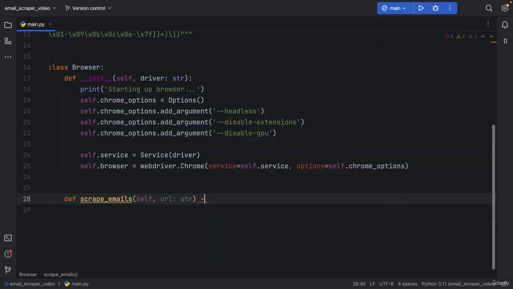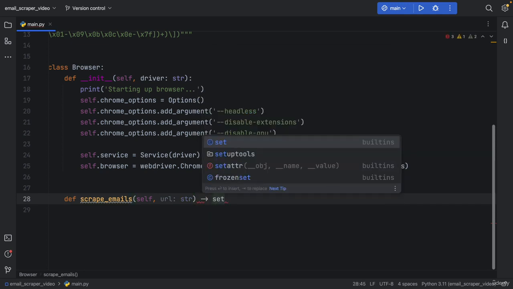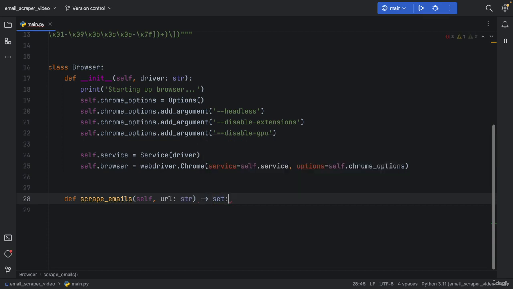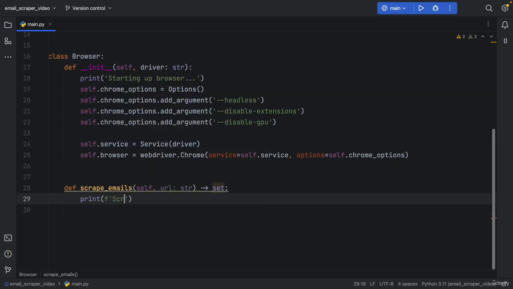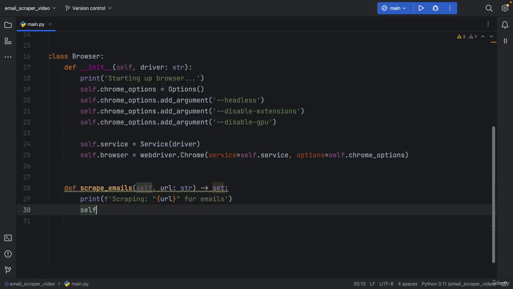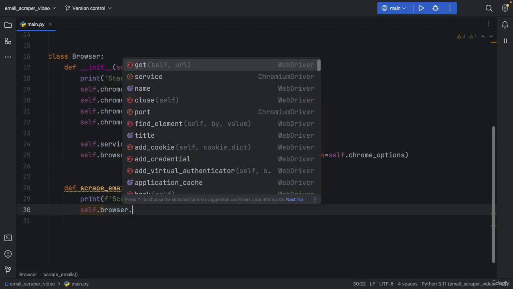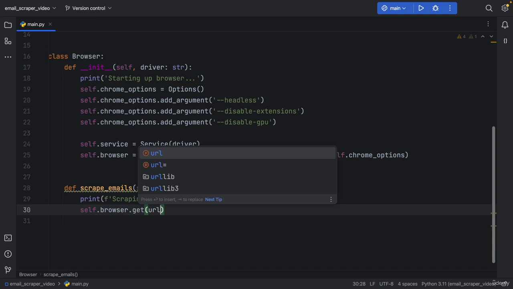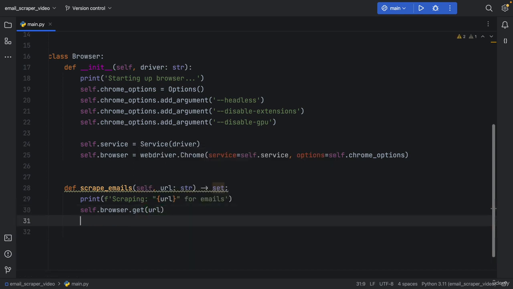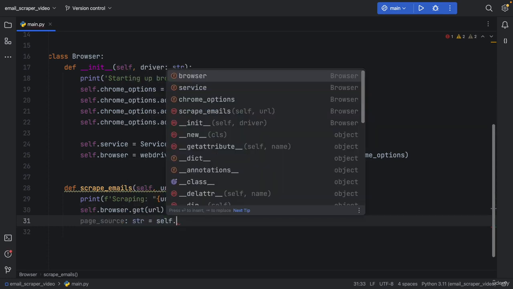And the reason we're returning a set is because we don't want to get duplicates back. And a set is a very efficient way of removing duplicates from a list or from anything. So we can print "scraping URL for emails". Then we will open the browser by calling self.browser.get with the URL. We also want to get the page source back, so we'll type in page_source, which will be of type string, and that's going to equal